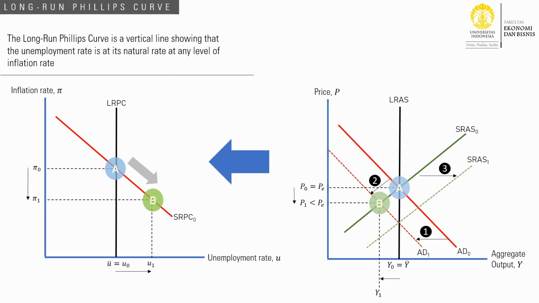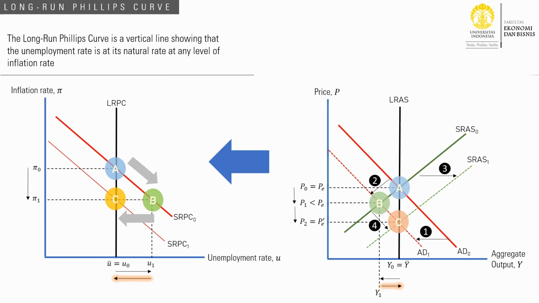SRAS 0 to SRAS 1. It further decreases the price level, but returns the output level to its long run or natural level at Y0 or Y bar. The final equilibrium in the long run is at point C. And returning to SRPC, the shift in SRAS causes SRPC to shift from SRPC 0 to SRPC 1. With the same level of inflation at point C, the unemployment rate returns to its natural rate at U bar